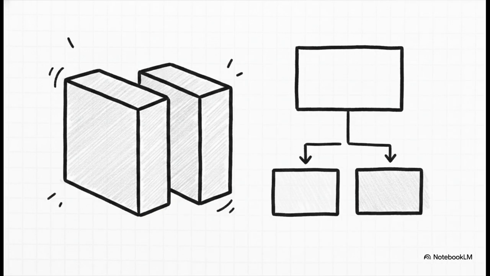So the crucial point here is what we can call the rule of two. You literally cannot divide something into just one part. It's a logical impossibility. Therefore, if your outline has a Roman numeral 1, it absolutely must have a Roman numeral 2. If you create a subheading A, there's got to be at least a subheading B. If you find yourself with only one subpoint, actually, scratch that. It shouldn't be a subpoint at all. It should just be absorbed into the main heading right above it.